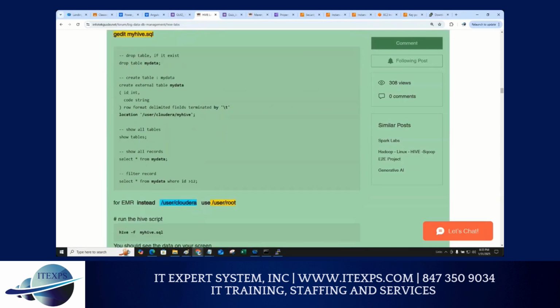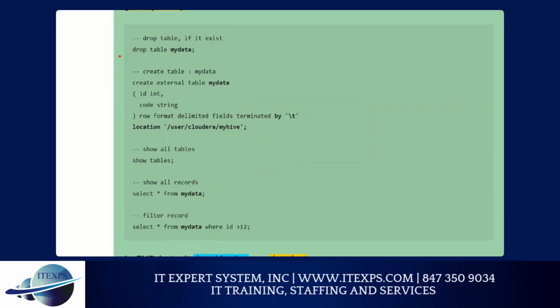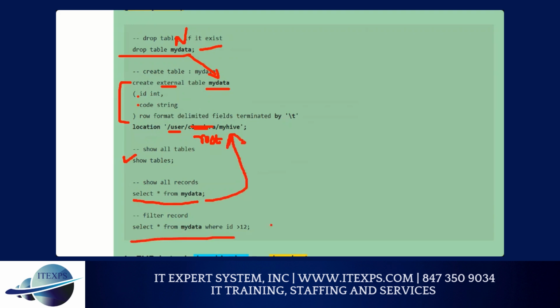Now check it out. This is our script. We're going to say drop table. You can give any name. Create external table, means structure and data will be different. This name is matching. So if previous table is there, it will drop, create a new table. 2 column. This one, we can't do Cloudera. We should write complete path, user root, like that, my Hive. Now, depend on user. Whatever user you have, you can use it. Once you create that, show table will tell you the table is created. Select star will get all the data from this location, and then you can run query, and you're all good,